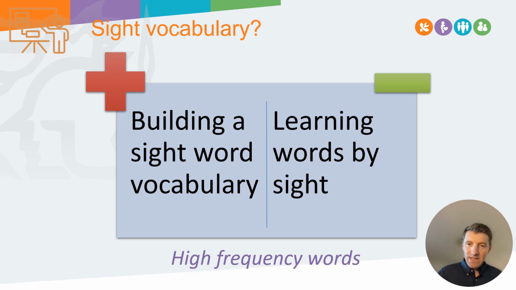However, the more we read, the more we're introduced to the complex code, the more we use our skills of decoding, and the more we understand what words mean, we build a sight vocabulary. So that's why me as an adult, I'm not decoding all the time, because I've got so many words in my long-term memory that I now know. I have built a sight word vocabulary. But that is different to learning words by sight. I didn't learn all those words by memorizing them. I learnt them through reading and through using my decoding skills to build up that bank.